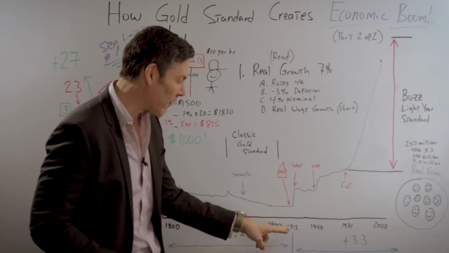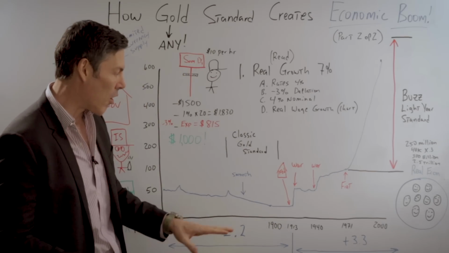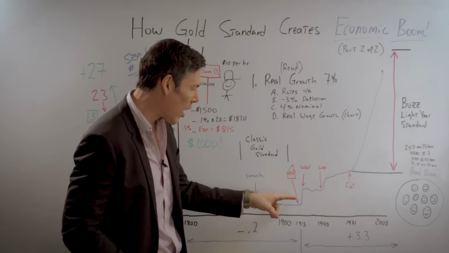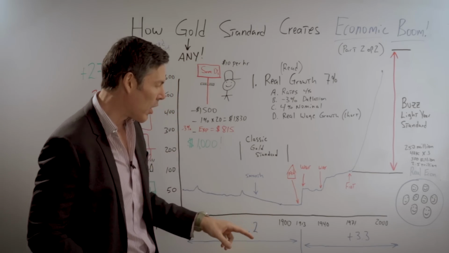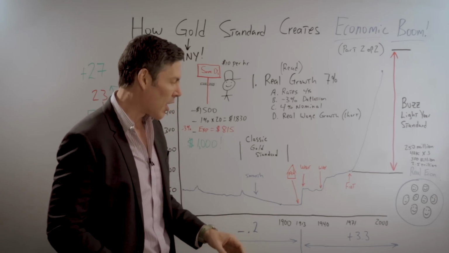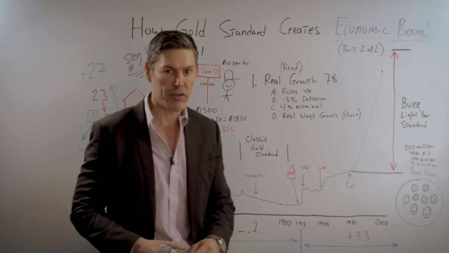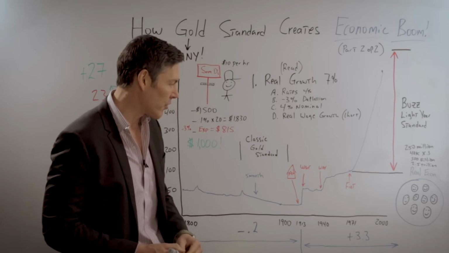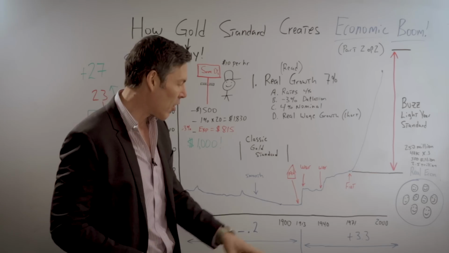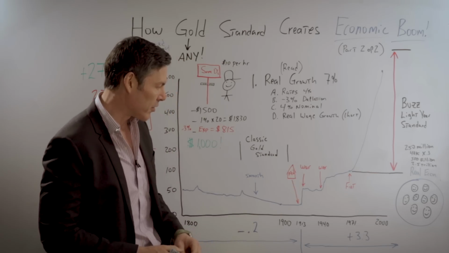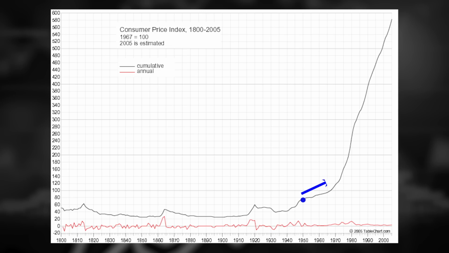Of course, when the Fed comes around, all that changes. We go off the gold standard for World War I, World War II. Oddly enough, it's always around war. So not only does war destroy lives, countries, and economies, it also destroys the currency. Then we shoot straight up to